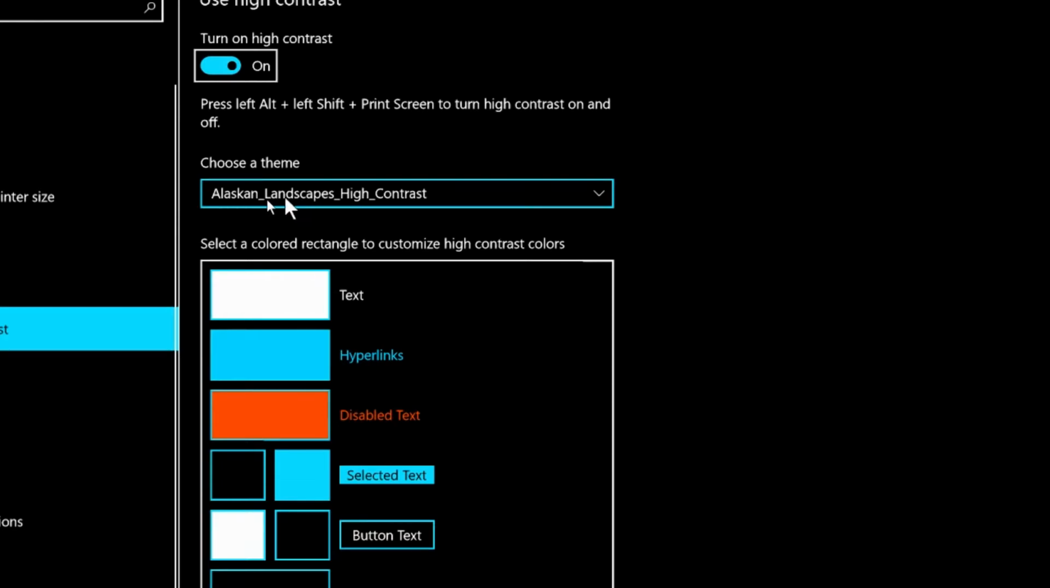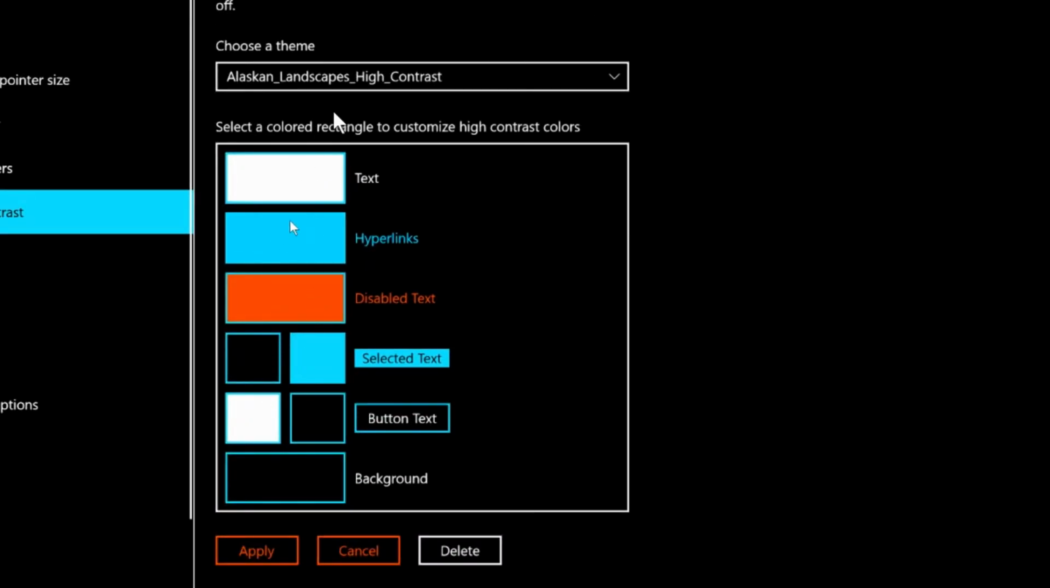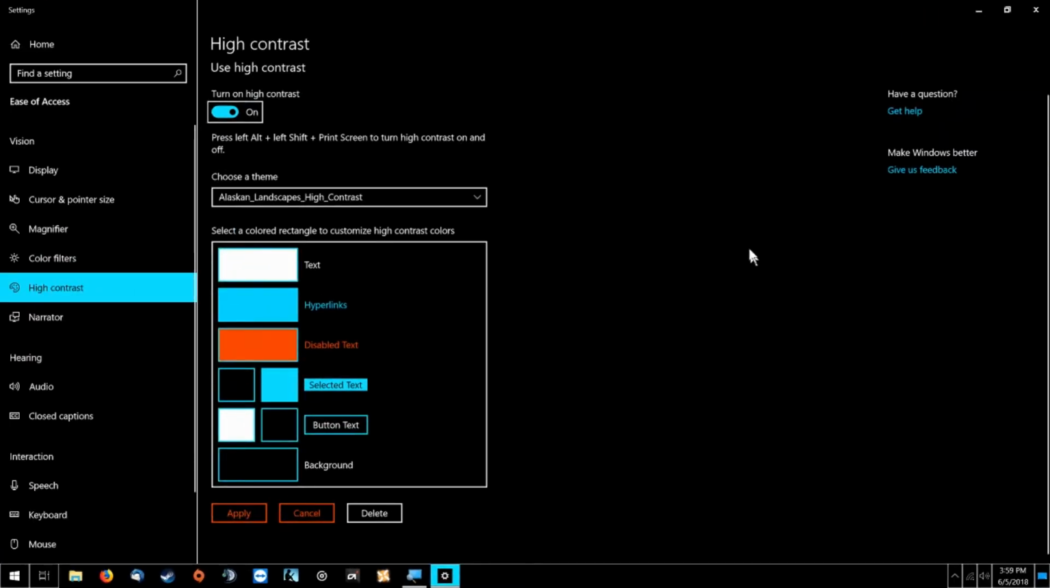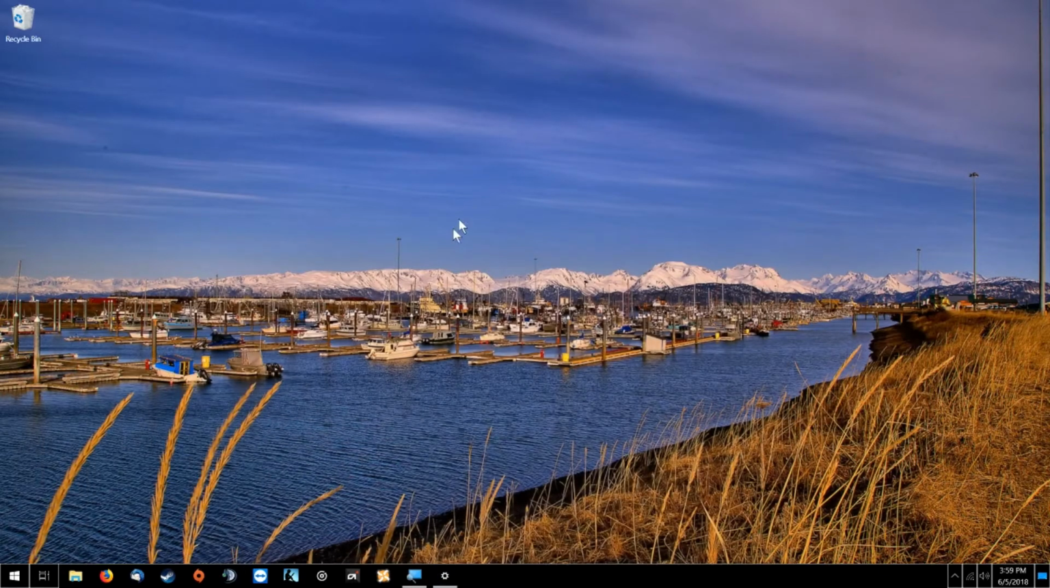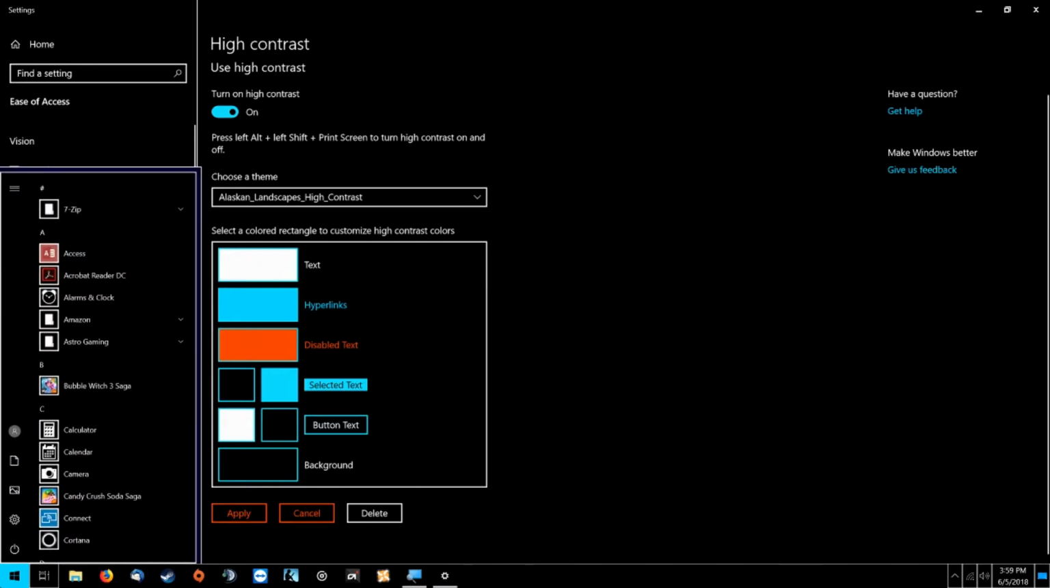This is a custom theme I made using the background that I downloaded from Microsoft's website, just called Alaskan Landscapes. And so normally when you turn on high contrast, it actually removes your background. So this all would just be a black screen. Well, you can turn it back on by going into backgrounds and just changing the settings to whatever you want. I'll go ahead and